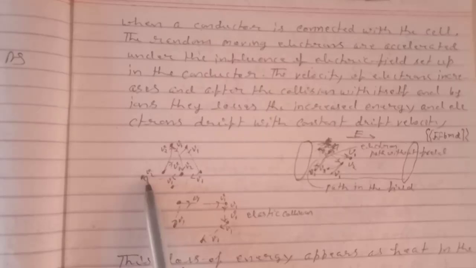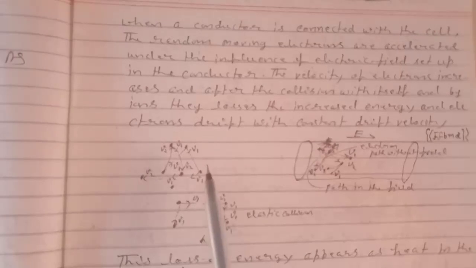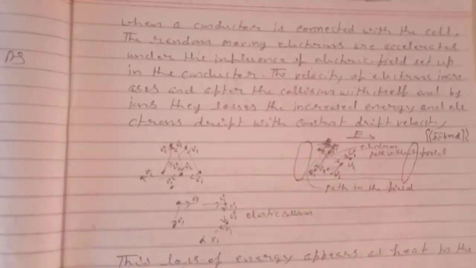Now when the electric field is switched on, this is the path, because due to the electric field, electrons shift their path. There occurs a drift in the path, because there is a velocity in this direction, but after drifting the electron goes following this path. Similarly, other paths are drifting opposite to the electric field.